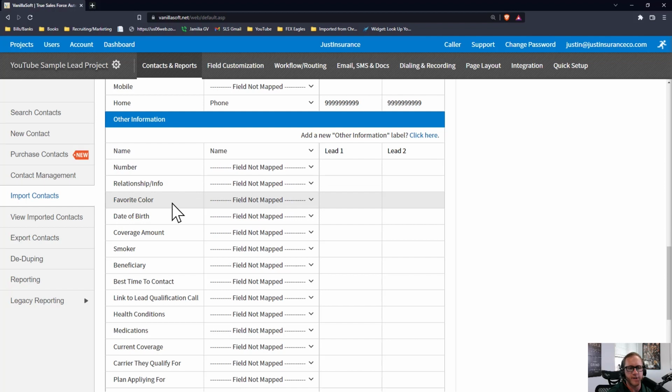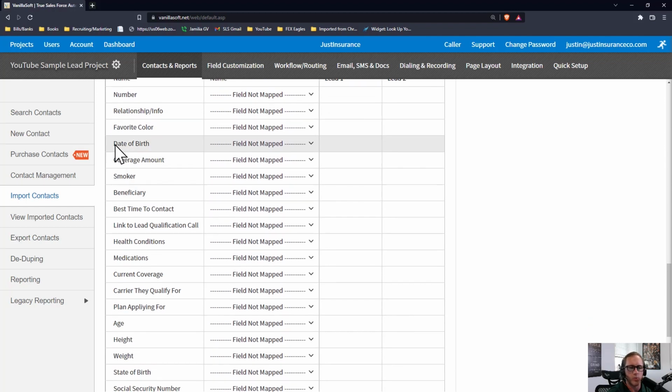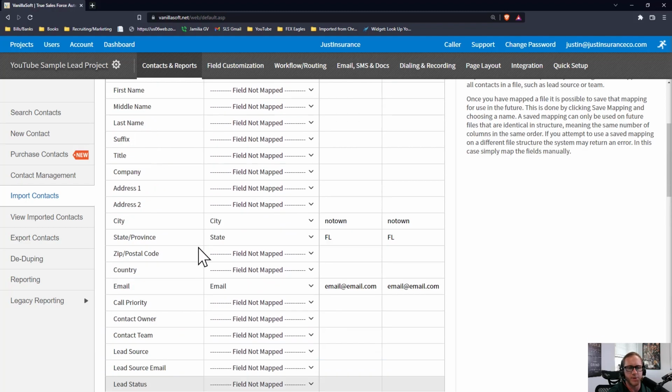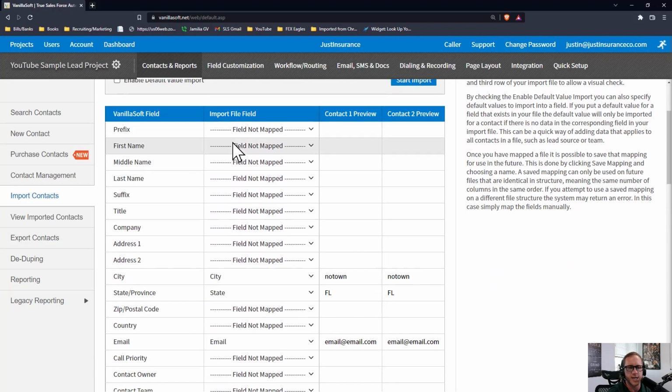beneficiary, the favorite color, the client, or favorite whatever if there's a security question, date of birth, a coverage amount if they wanted one, do they smoke, who's their beneficiary, the best time to call them, link to lead qualification call if it's a telemarketing lead. I put a field for their health conditions, medications, current coverage, all that stuff. So all this stuff for the application, which I'll get into in a minute on the caller side, but we're